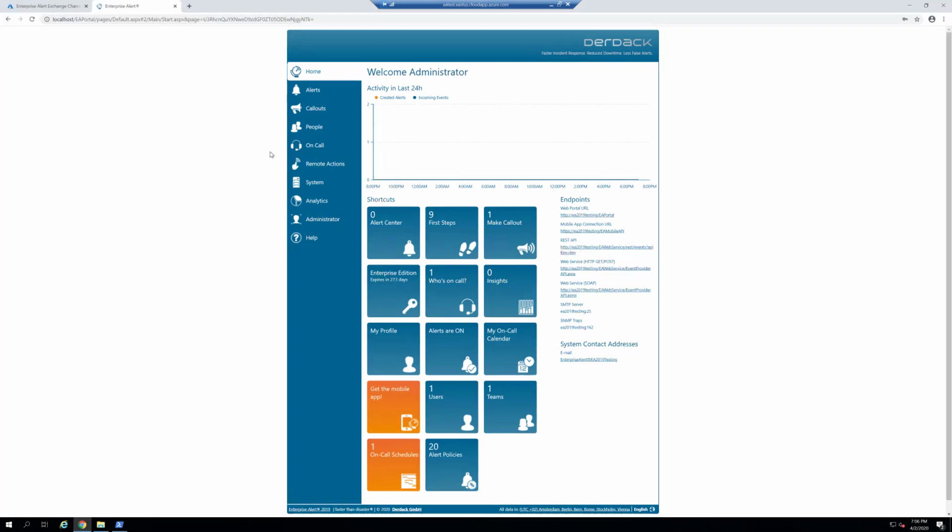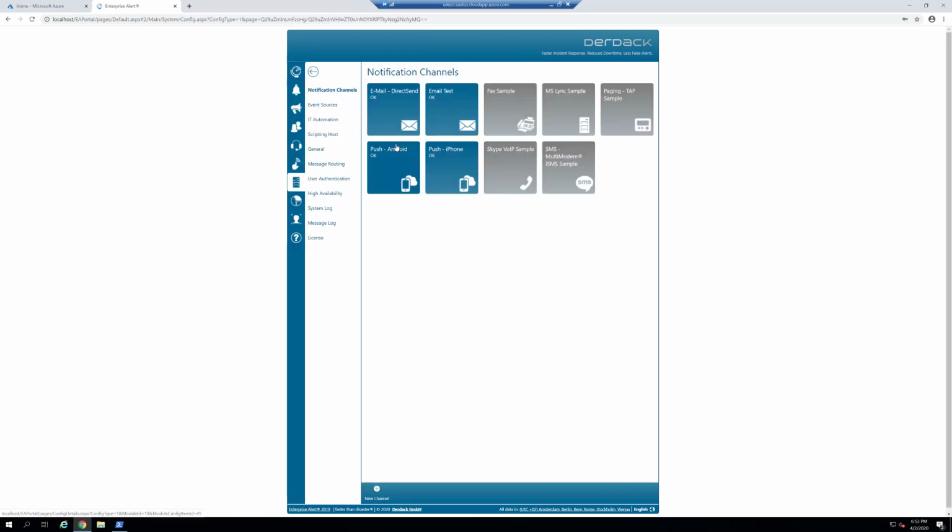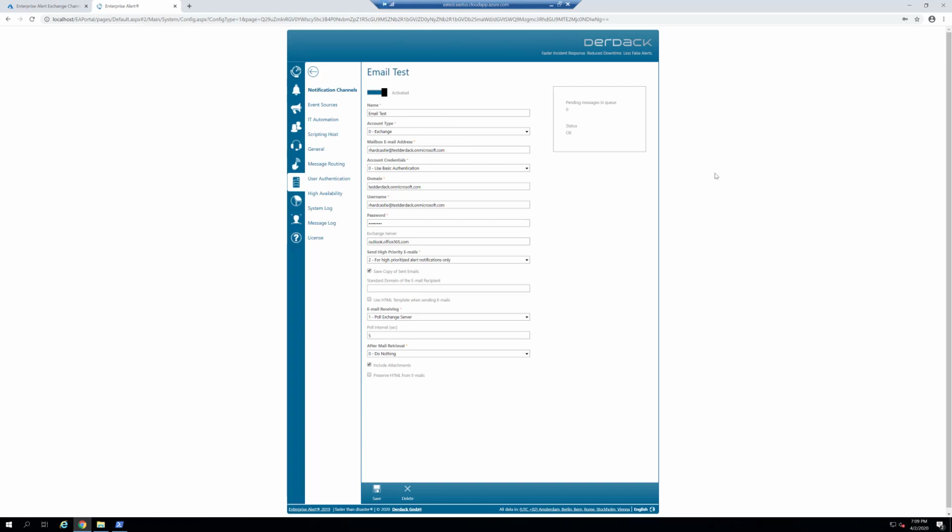Inside the EA web portal, click on the System menu option and click on your notification channels, and inside of here, you're going to see your emails listed out. Click on whichever email is your Exchange email service. Inside of this Exchange email notification channel, you're going to notice for the account credentials, it's going to be set